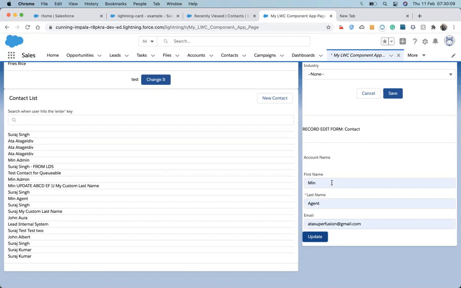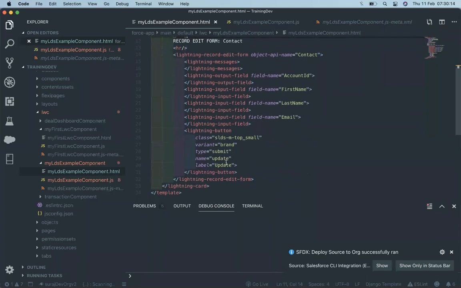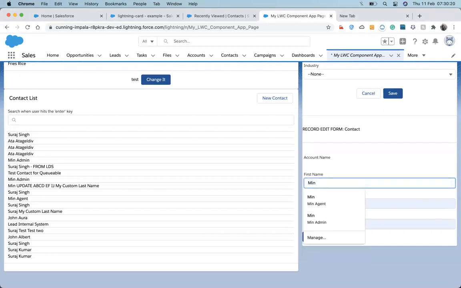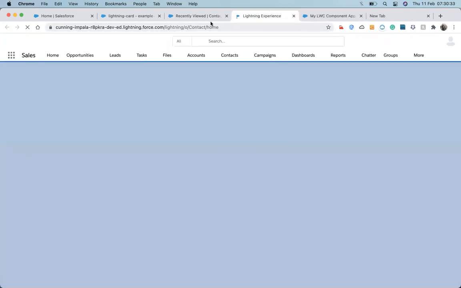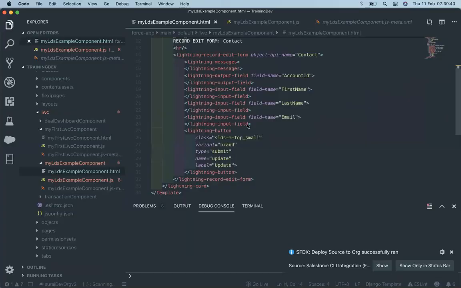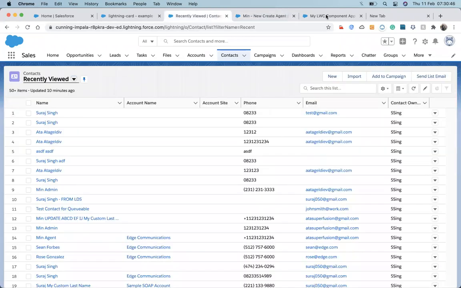We haven't passed the ID, but it shows. You can see that I haven't changed the name, but if we don't pass the ID, it will create the record. What name should I write?